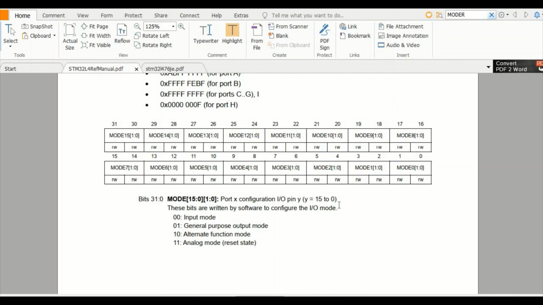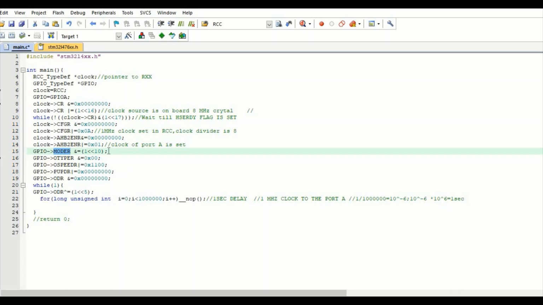So we will assign a value 01. As you can see, this value has to be assigned to these 2 bits for PA5. So we must assign a value of 1 to the 10th bit, and to the 11th bit a value of 0. So we assign a value of 01 to this register, then these 2 bits will be activated and we will select PA5 as an output pin.